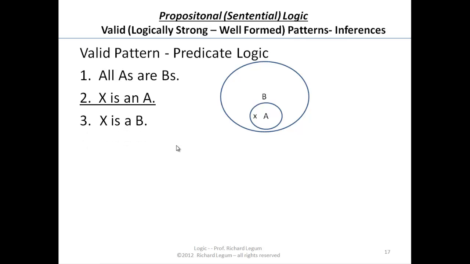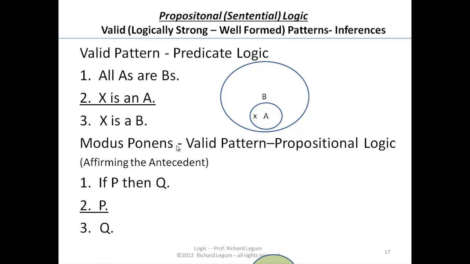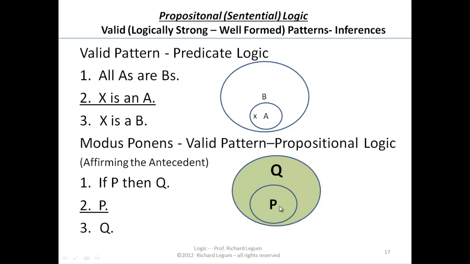Well, now let's look at modus ponens and see how it's similar, or affirming the antecedent, as it's sometimes called. If P then Q, P, therefore Q. Let's see the diagram. If P then Q means all cases in which P is true are also cases in which Q is true. So the circle with Q has to be around the circle with P. That is, there could be more cases in which Q is true, but not